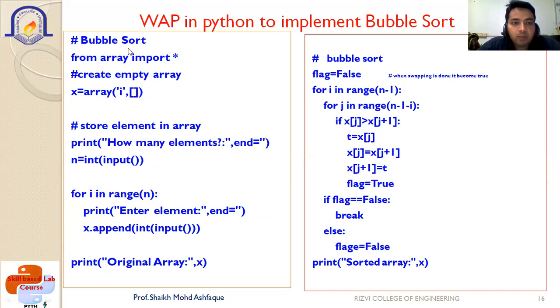So we are using this bubble sort. First we are importing the array module, so we are writing from array import star. Then we are creating an empty array. Here we are trying to accept all the elements of the array from the user. That is the main concentration to be given here in this program. Otherwise, all the logical operations which you studied in data structures or the analysis of algorithms will remain the same as they are.